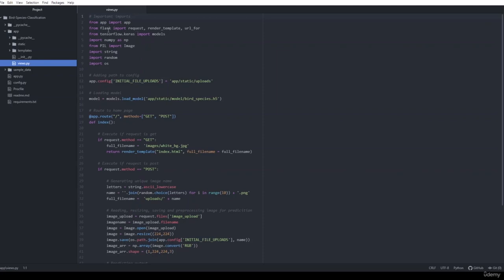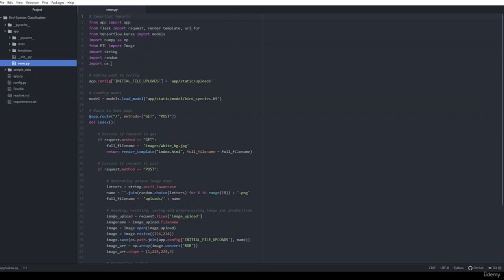Here you can see that we have imported app from app. We have imported request, render template and URL from Flask. From tensorflow.keras, we will import models because we need to load the model here. Similarly, we will import NumPy for mathematical computation, PIL import image for loading the image, and string, random and OS